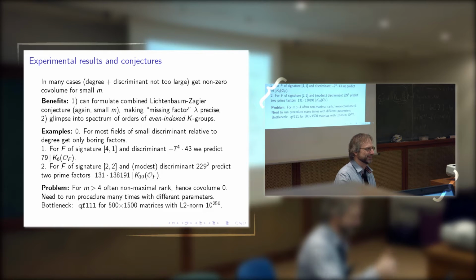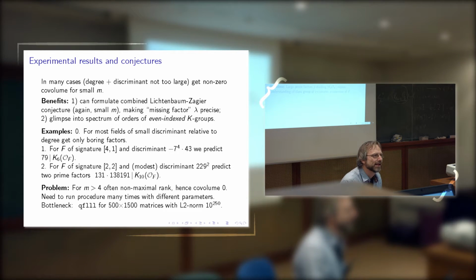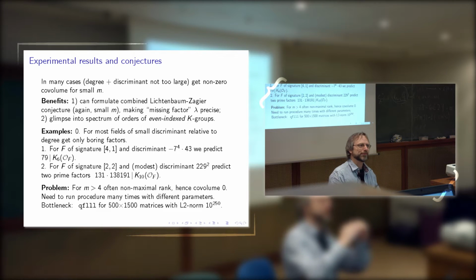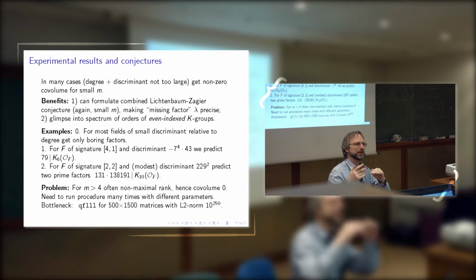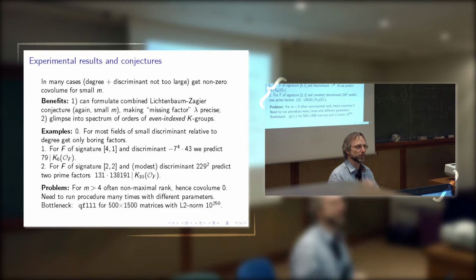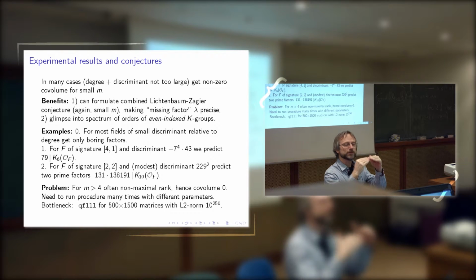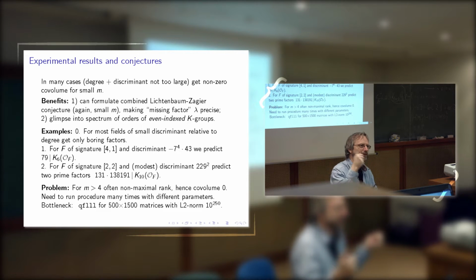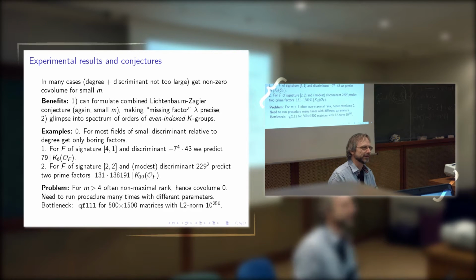You can do it entirely differently. Okay, great. But if you don't know that you got the full lattice, how do you know that the factor 131 and so on is right? You get a bound from below. The thing is, you get the bound from below, not from above, and that's important. Once you find a factor, you still don't know what that K group is, but you get a lower bound on that order.